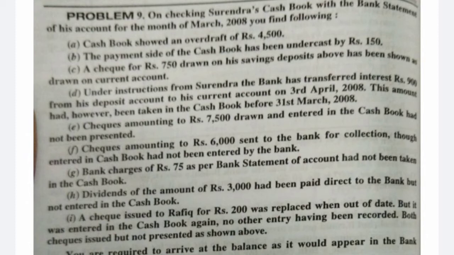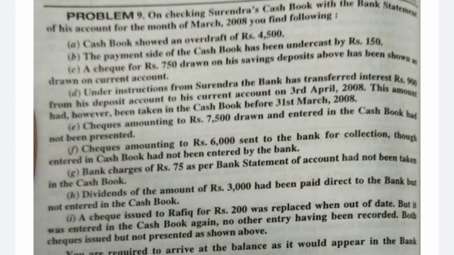On the bank column, on the debit side, it is already debited in the month of March as a receipt. So in the cash book, it already got recognized as a receipt of rupees 900. Now the cash book is showing a receipt of rupees 900. Therefore, it needs to get added. Rupees 900 should get added to the balance.